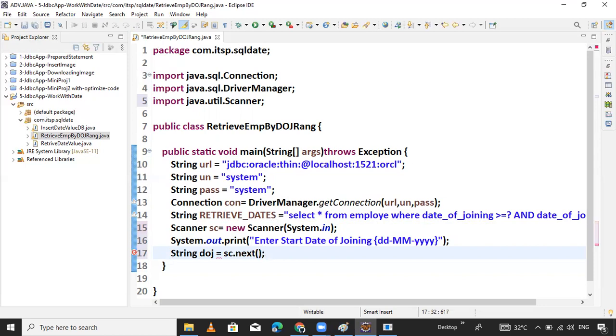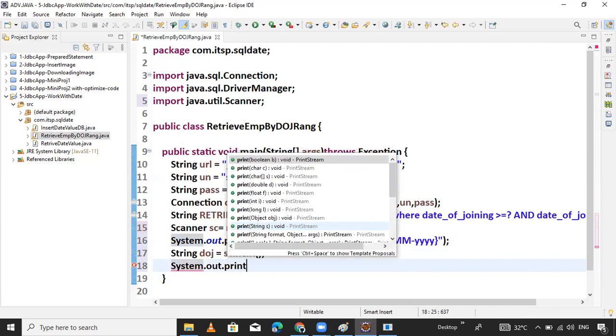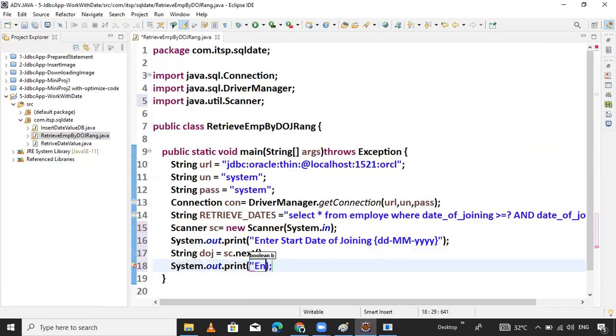Now ask for the second, the end date. System.out.print method is there. Enter end date of range, the end range of the date of joining.